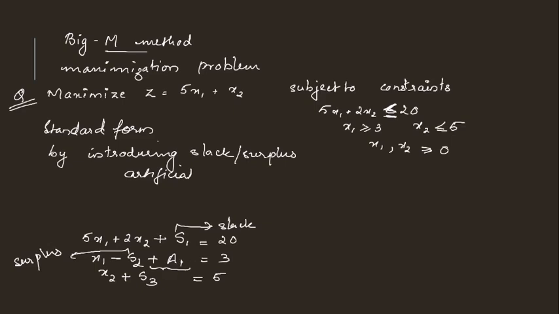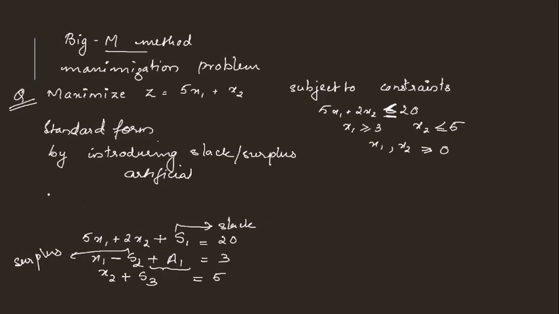Now here you might have a doubt why I didn't start with a2. Because in the first inequality I didn't have anything concerned with the artificial variable, my starting variable is a1, that is why I put a1 over here. Now this is regarding the constraints.